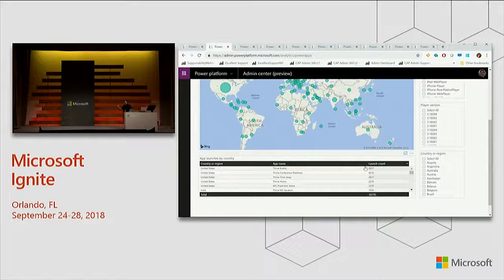And this is probably my most favorite report, because this actually shows that Microsoft is a global company. Our own employees are spread across the globe. And yes, the biggest dot is in the United States, but we are spread everywhere. And I think this was the one that I thought was the coolest, and what's even more interesting is you can see, for example, here are the top launches within the United States, and here are these apps. So we actually have the top app is something called a Kudos App,